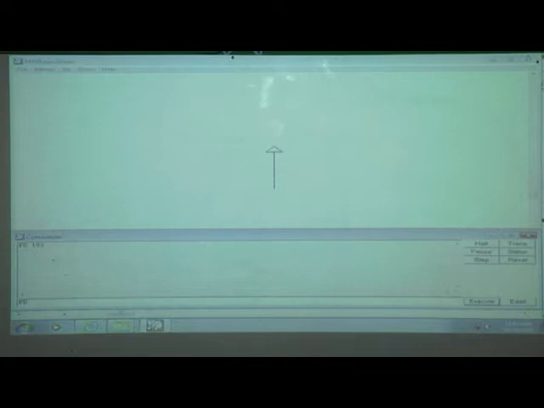FD, then one single space, then now we will write 200. For execution, we press the enter key. Then what happened? Now the turtle draws a 200 unit line.